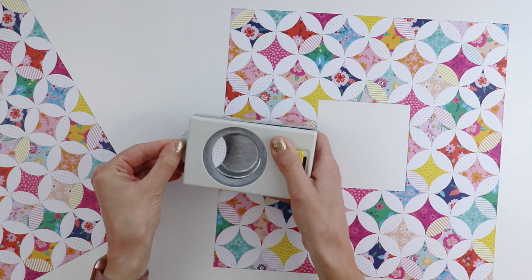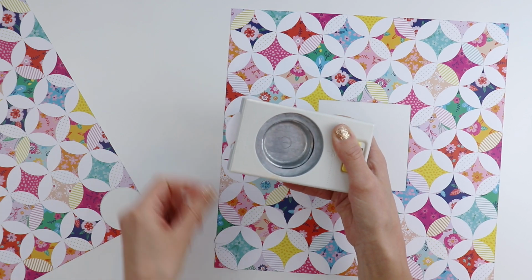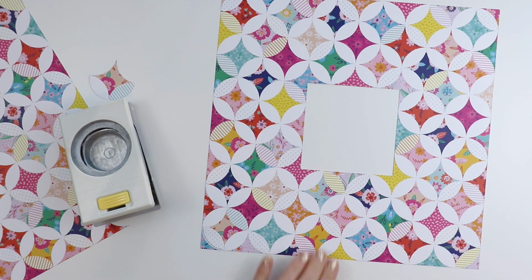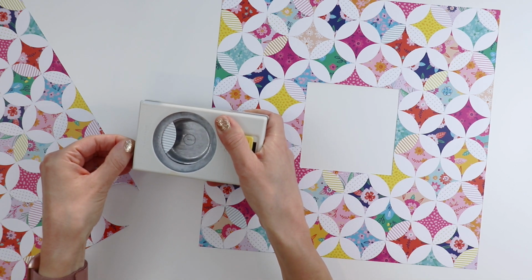By just using the edge of the circle, you can use it to cut out all of the petals from all of the circles. These circles are exactly 2 inches, and so the 2-inch circle punch is the exact tool that you need to